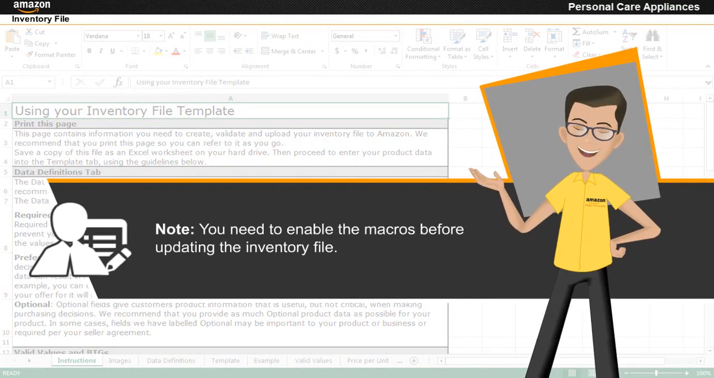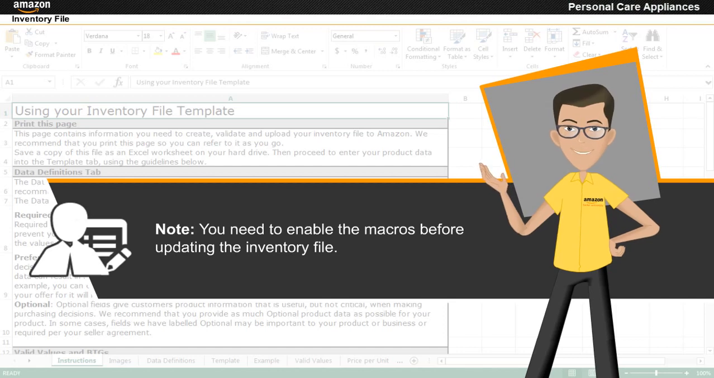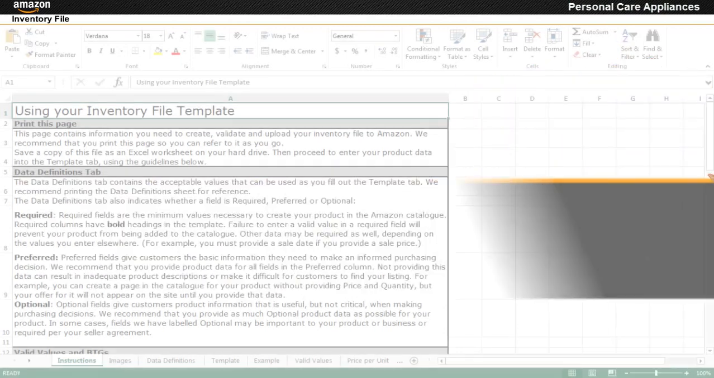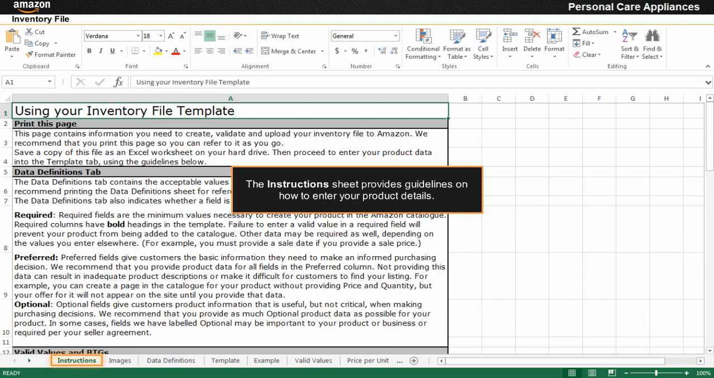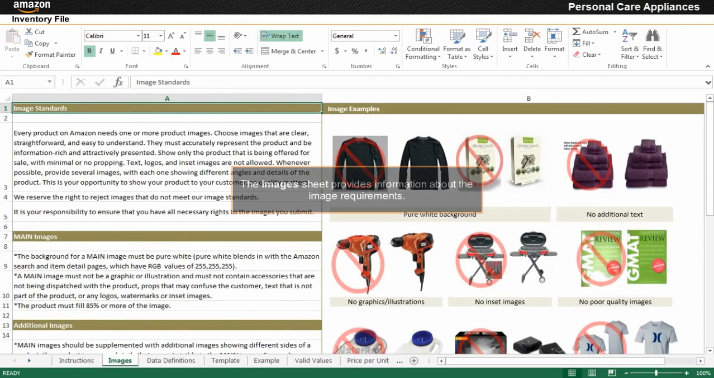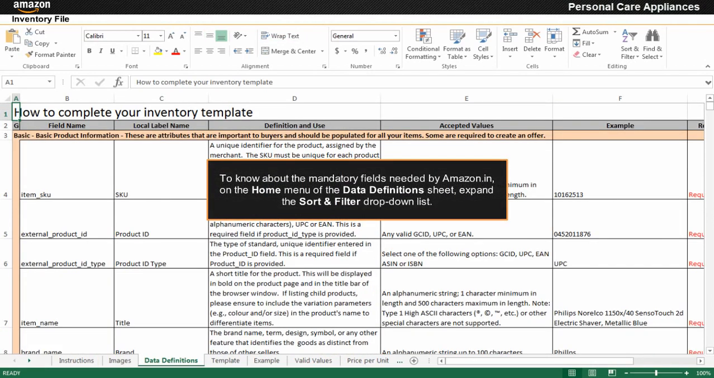Note that you need to enable the macros before updating the inventory file. The instructions sheet is displayed by default when you open the file. You need to refer to the guidelines available on this sheet to enter your product details. The images sheet provides information about the image requirements you need to keep in mind while uploading product images on the Amazon.in website. To know about the mandatory fields needed by Amazon.in, on the home menu of the Data Definitions